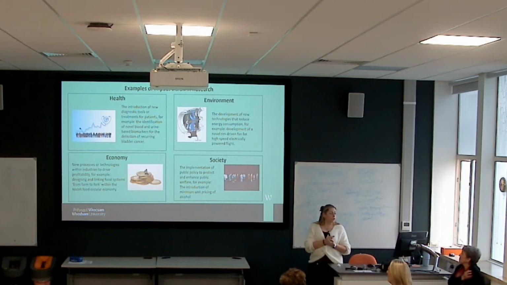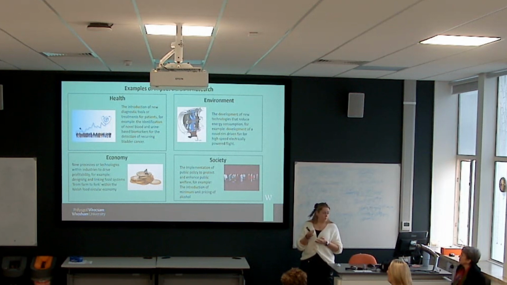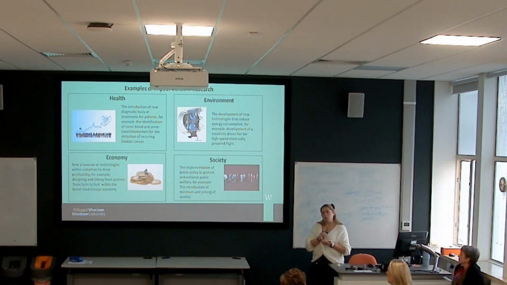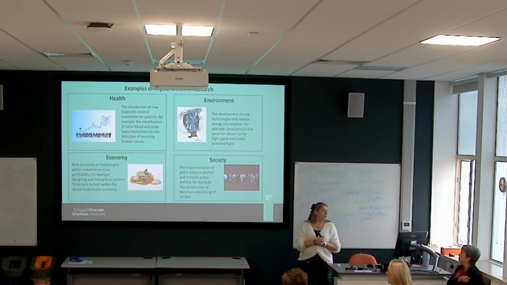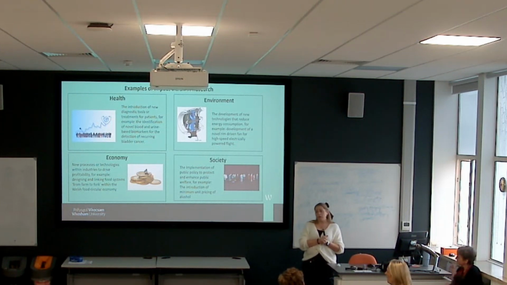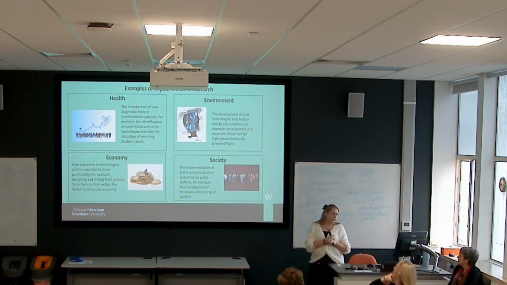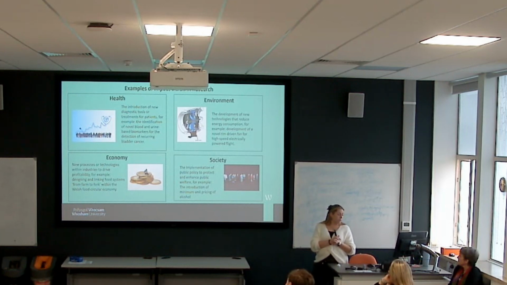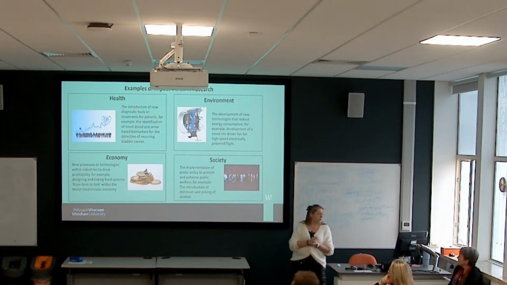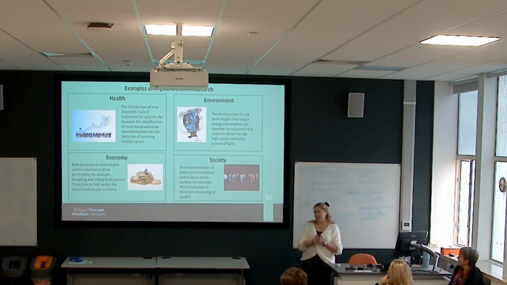Environmental impact examples could be the development of new technologies that reduce energy consumption. So for example, you may have encountered that we've got some research going on for novel rim-driven fans that helps generate high-speed electrical powered flights. So that's reducing that fuel consumption and helping towards net zero. It could be the economy, so the new processes or technologies within the industries that drive profitability, easy for me to say. For example, there's some research going on across the university about designing and linking food systems, the farm to fork label within the Welsh food circular economy and how that can support